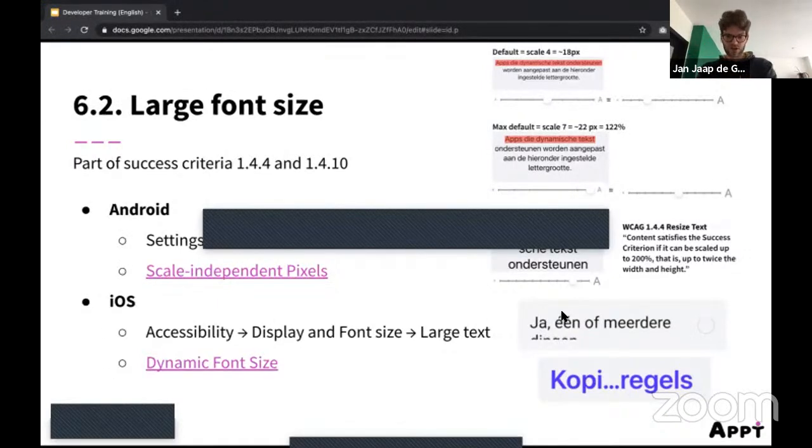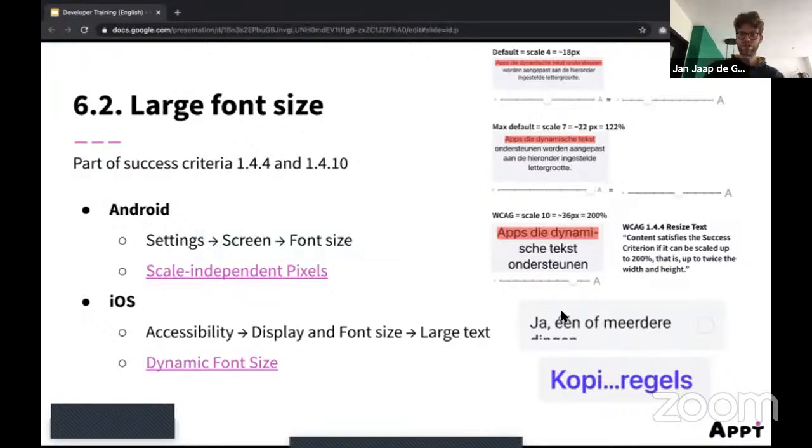So that's one way to solve it. I think Stack Overflow is your best friend also for these kind of issues. There's a lot of answers on there. Also on our website, we have some answers. But yeah, sometimes it can be really difficult to find out why something is not scaling properly. I don't really have an answer for everything, but a lot of times on Stack Overflow, or maybe building your app in a different way, like building a new table view cell, or just maybe changing your interface design, it can be easier to support large font size.